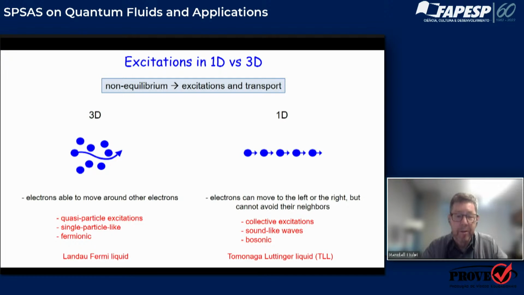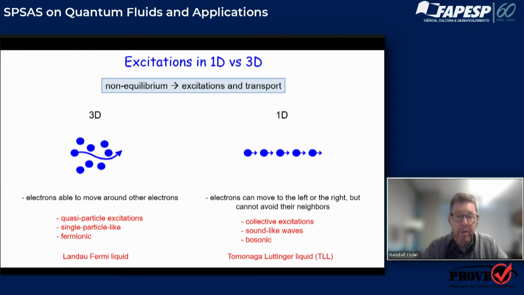So the excitations are fermionic and act like they were a Fermi particle, another electron, with a mass which is renormalized due to the interactions with all the particles around it. This forms the basis of the Landau Fermi liquid theory, and that theory is quite well tested and works wonderfully well for most electronic materials, except for the ones that are strongly correlated. And in 1D,